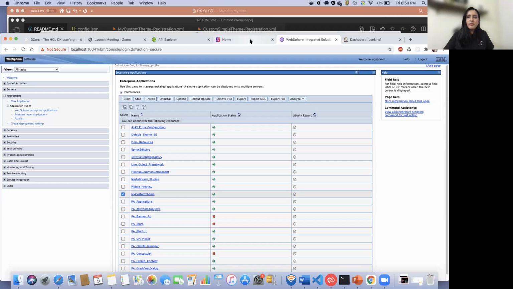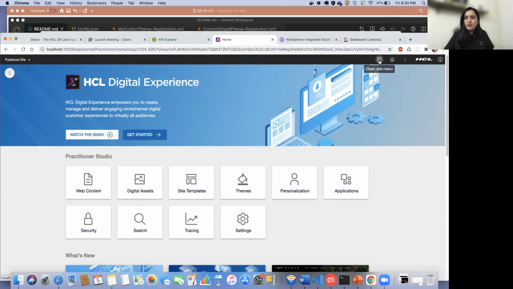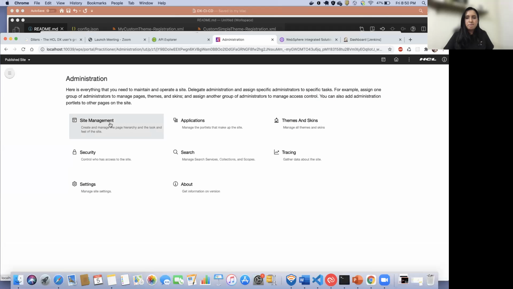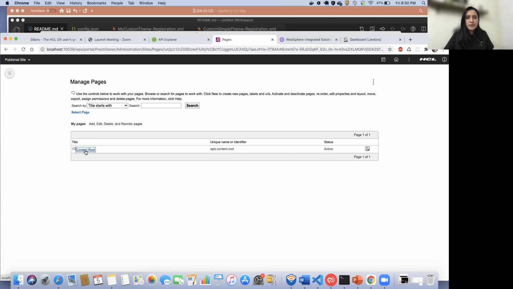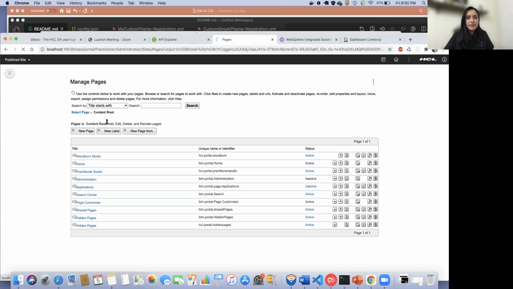So now we will also try to see if this is actually working as we expect. For that, I will just go into the Site management, create a page, and so let's try to just apply this theme and see if it is able to apply it.